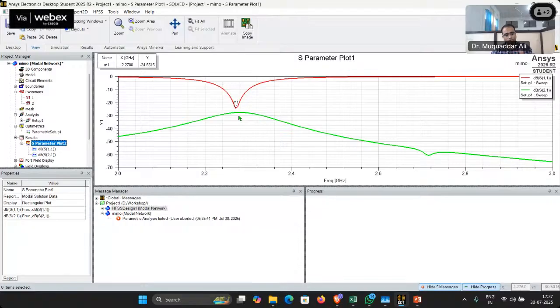S21 as a transmission coefficient, then we assign the sign